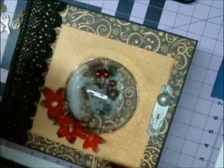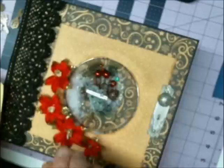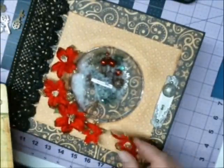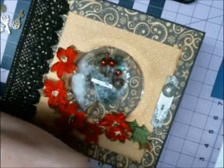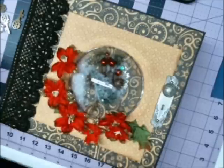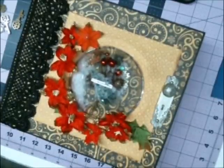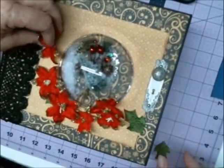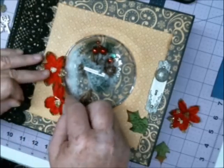See, along with the pearls, then the poinsettias definitely will have to be on this. Actually, I'm just taking them all off for now with the leaves, because we're going to probably use most of them. Maybe. We'll see. That's an awful lot. So this is where now you'll be able to get your stash. Like I said, I don't want to adhere the rest of this down,